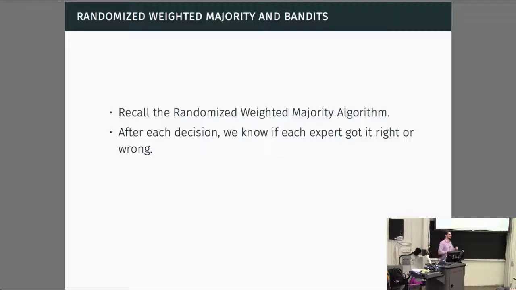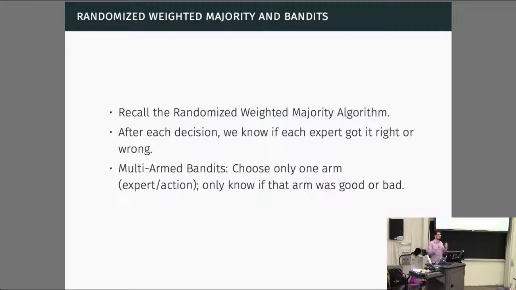And let's say the video either teaches something to a student 100% or not, to make it a 0-1 setting. Can we use this algorithm in that setting? So I'm going to say we can't, because if we choose one video to present to a student, we gain no information about the remaining videos, right? So it doesn't have this form where after we make a certain decision, we learn what the other experts would have decided, whether they were right or wrong.